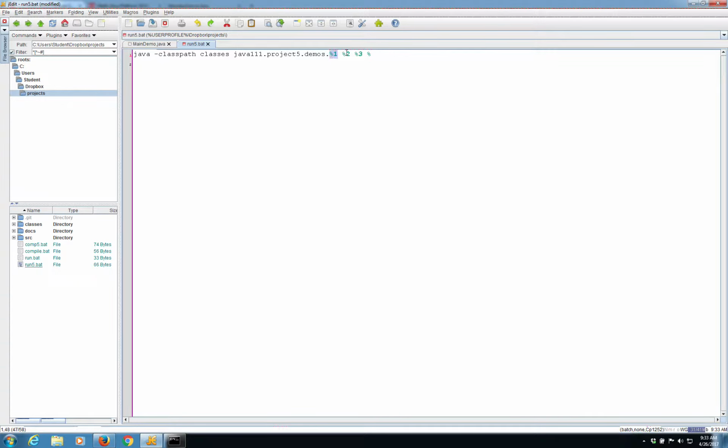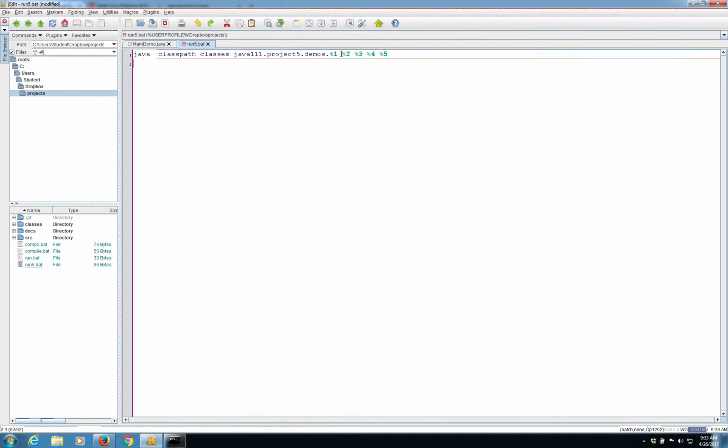I need to create variables for that to get passed through. This is just because we're using a script, and the script needs to facilitate the passing of that information through. If I'm not using the script, I don't need to worry about this. Whatever I type at the command line is going to get passed through to the program.